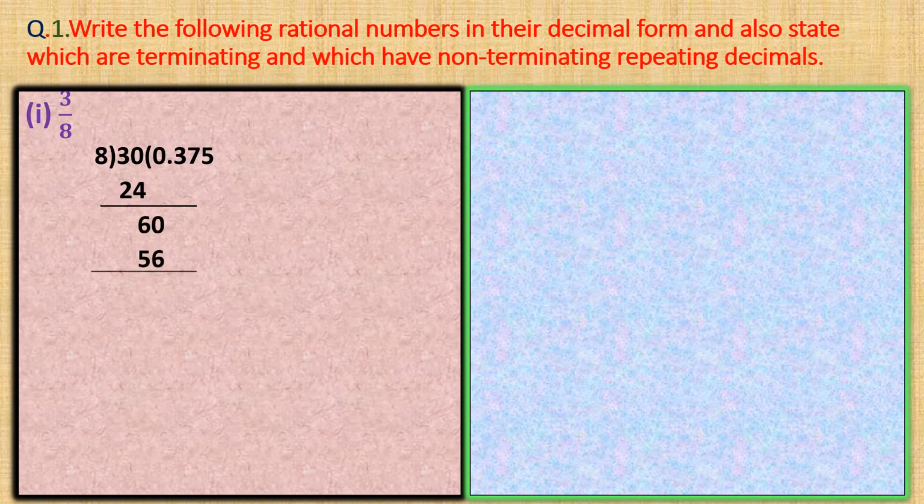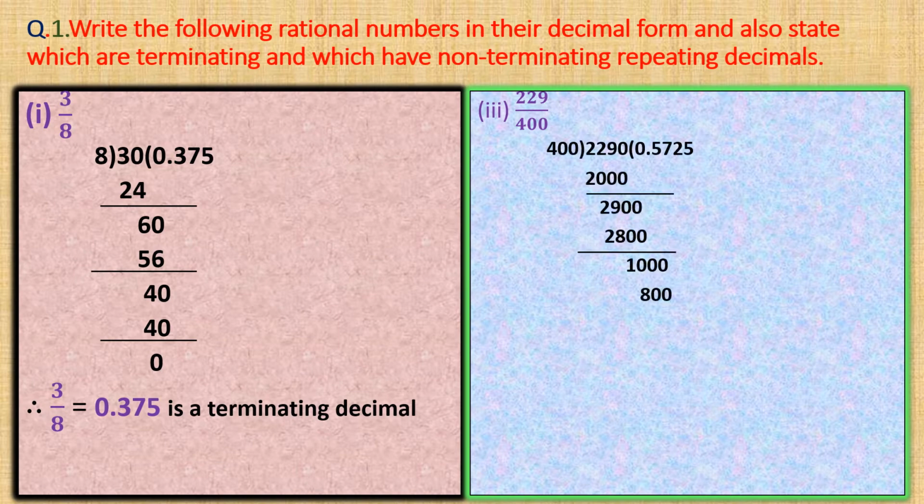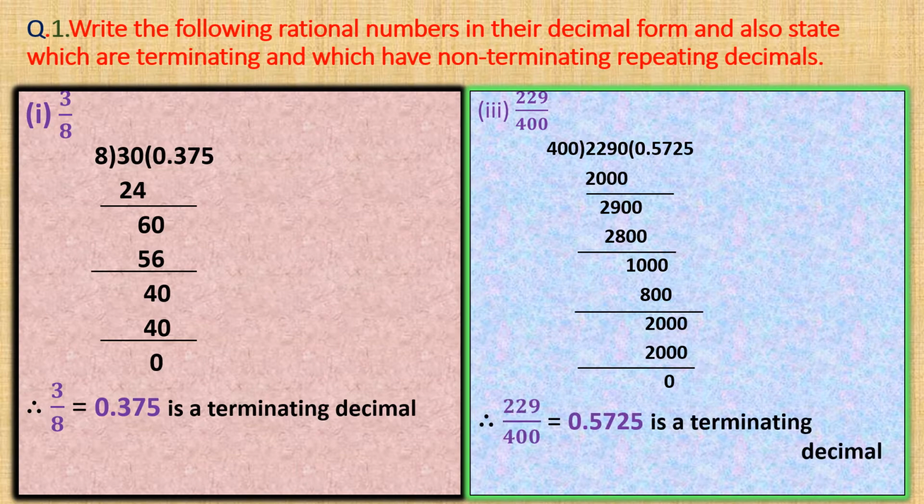So your solution, if your division will be like this, see, it is giving the remainder 0, so it is stopping at this 5 only, so it is a terminating decimal. So let us go to the next problem, 229 by 400. Okay, so you divide this, you will get the remainder as 0. Here also for this one we got remainder 0, means it is stopping at this point, so it is a terminating decimal. Okay, it is also a terminating decimal. Clear children? So let us go to the next problem.